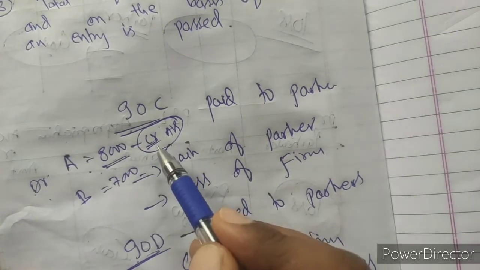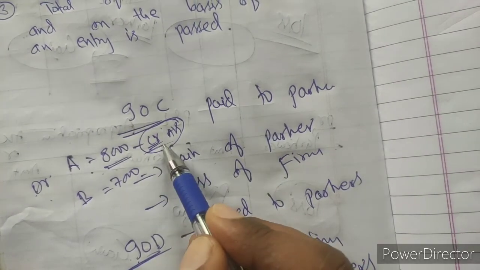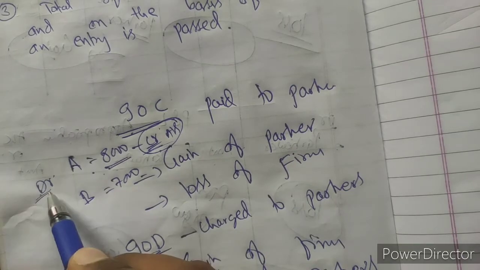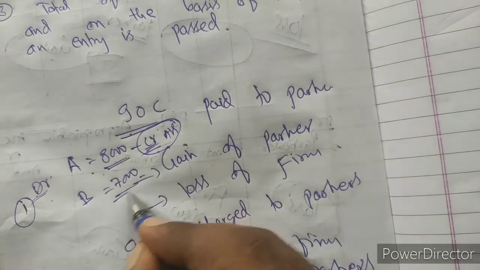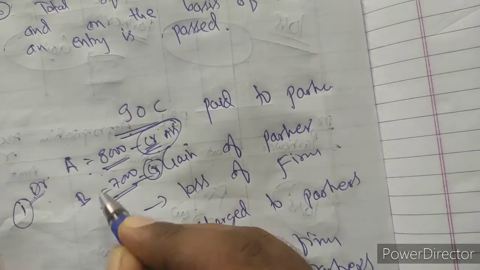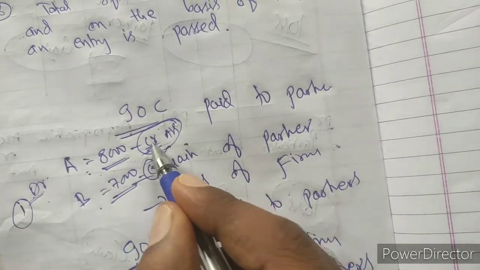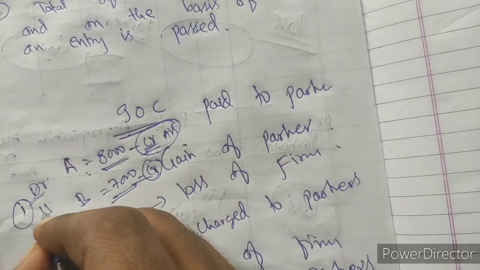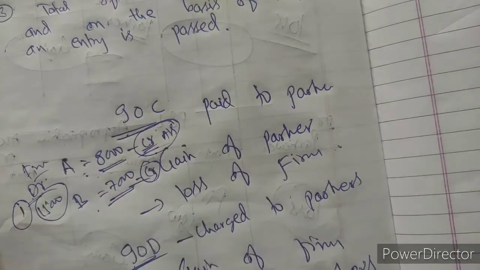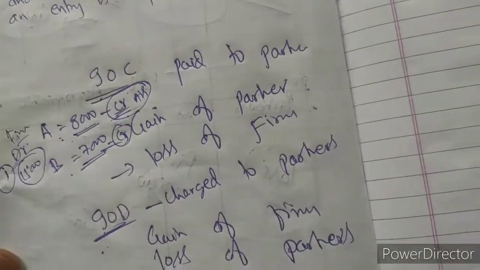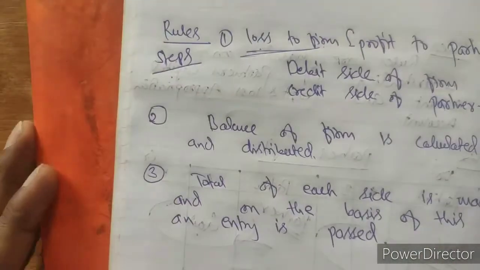Interest on capital is a gain to the partner, that's why it will be credited to his account and debited to the firm's account. Then there will be one column for the firm and separate columns for the partners. 7,000 we will credit to B's column and 8,000 to A's column. So the total amount of loss will be 15,000, and this will be debited to the firm's column. Hope this is clear to you. Same with the drawing. While solving the question, it will become more clear to you.